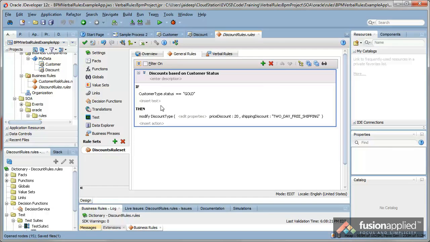Our general rule is expressed as an if-then statement, checking the value of the customer type status fact, and we are modifying the discount type fact. If the customer status is gold, we are offering a price discount of 20% and a shipping discount of 2-day free shipping. The way this rule is written is fairly readable to me, but